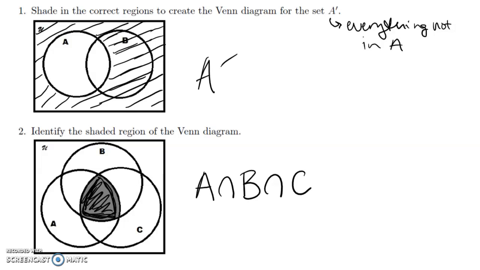Notice with these examples, the Venn diagrams were already drawn. In the second question, that might be a common question of identifying a region. And the top one, when it asks you to create this Venn diagram for a complement, you also potentially could have a question where you have to start from the beginning, drawing the diagram from scratch like we were doing in the videos on the board, as opposed to just having a picture and having to shade